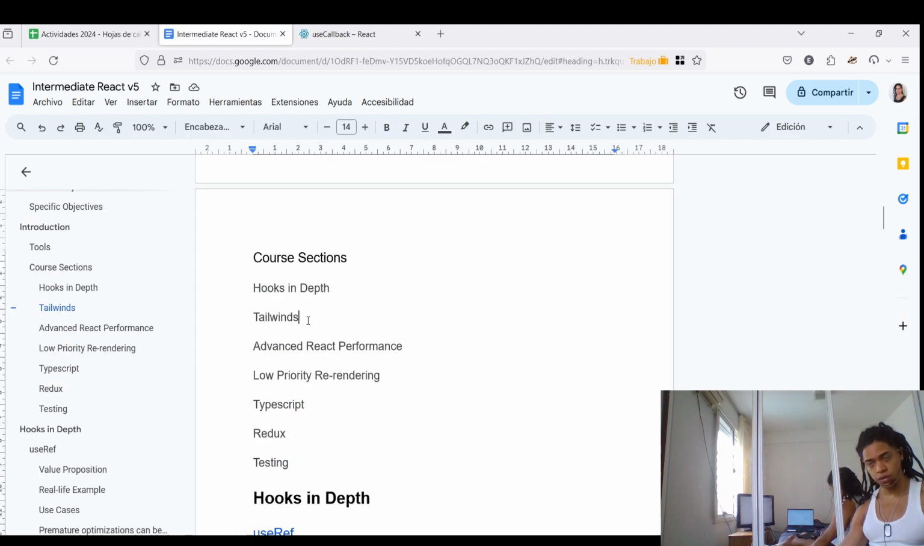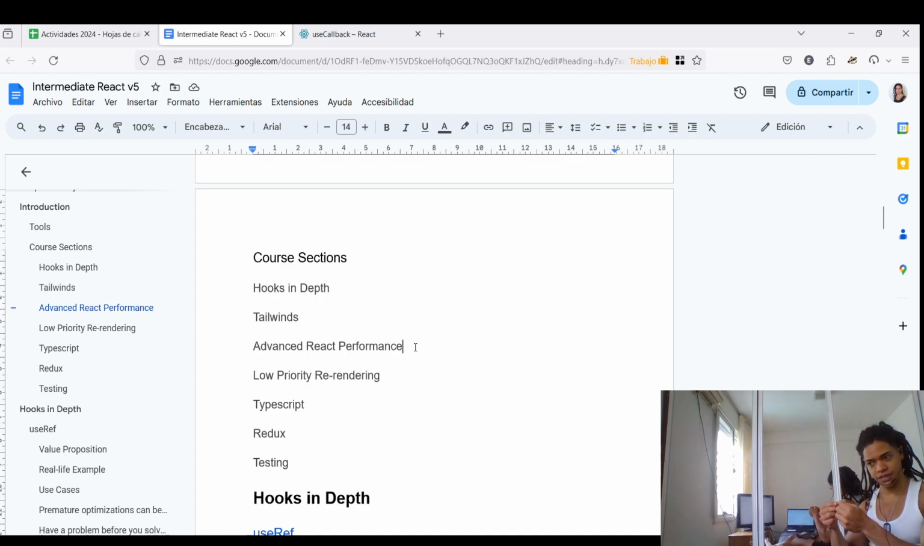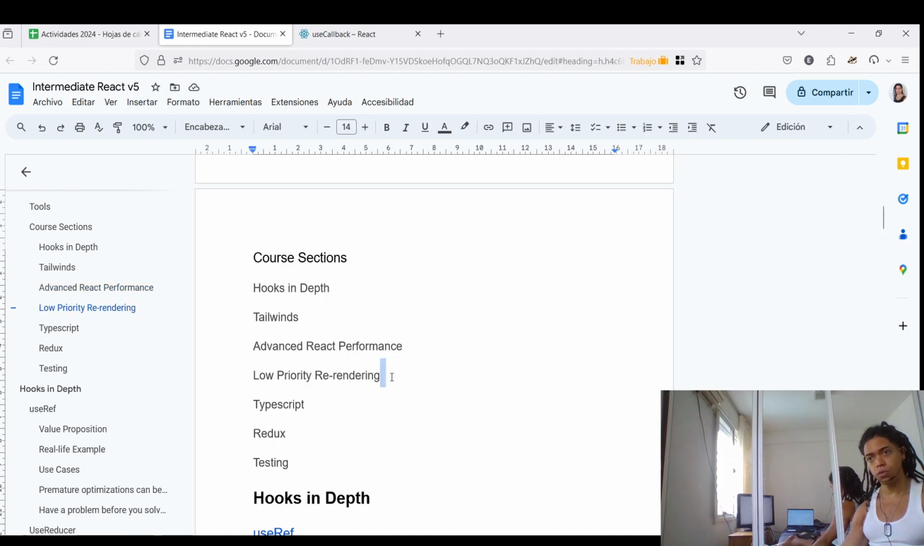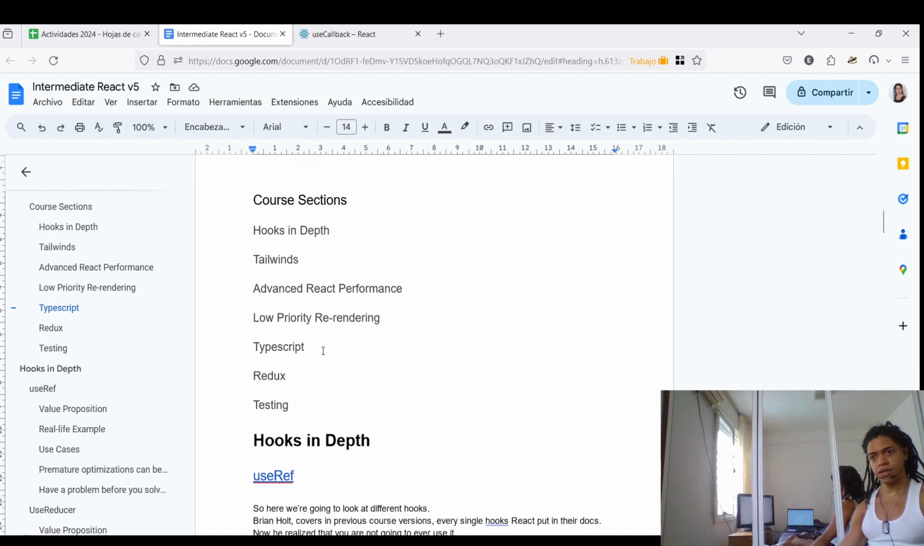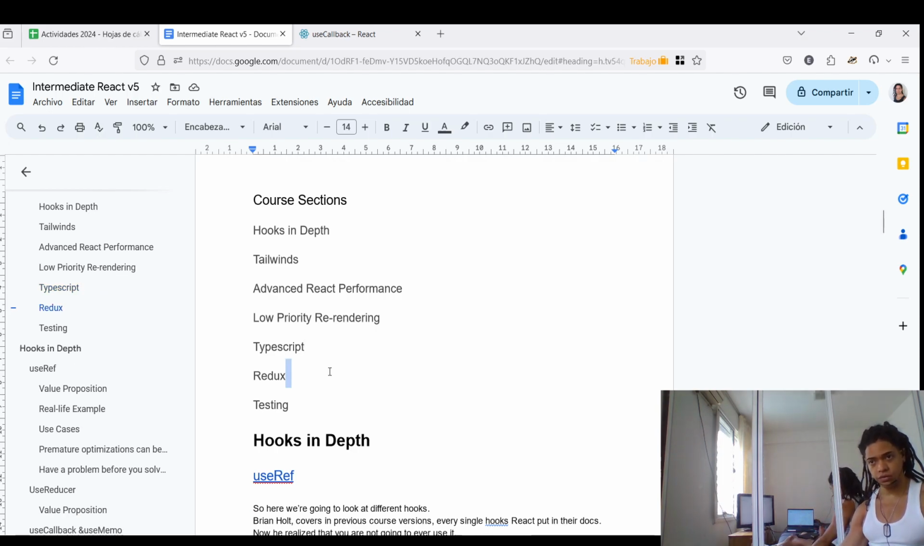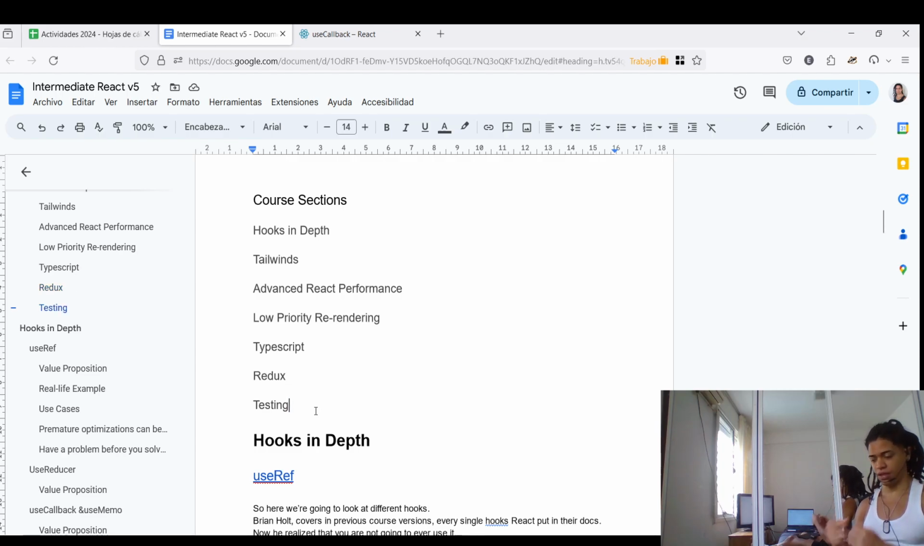Then we're gonna look at Tailwind. The advanced React performance is part of these advanced techniques. Here we're gonna see code splitting, low priority rendering. This is also part of the advanced hooks, as a way to look at two specific hooks. Then we're gonna see TypeScript. Why are we using TypeScript? Redux, something that I'm quite familiar with, and then testing,